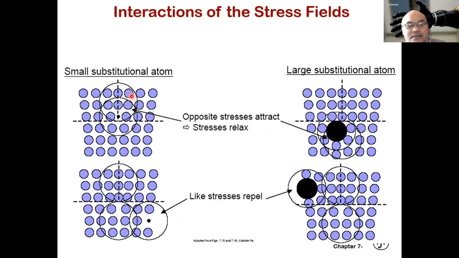Here at the compressive state, you introduce a smaller substitutional impurity, which will create a tensile stress field. This will compensate for the compressive state in this upper half. The stress will relax. Alternatively, you can introduce a larger substitutional atom in the bottom part, in the lower part, which will create compressive stress, and this will compensate for the tensile stress in the original condition. Yeah,